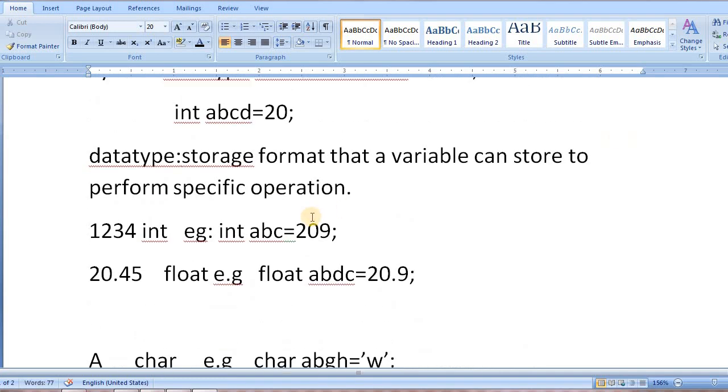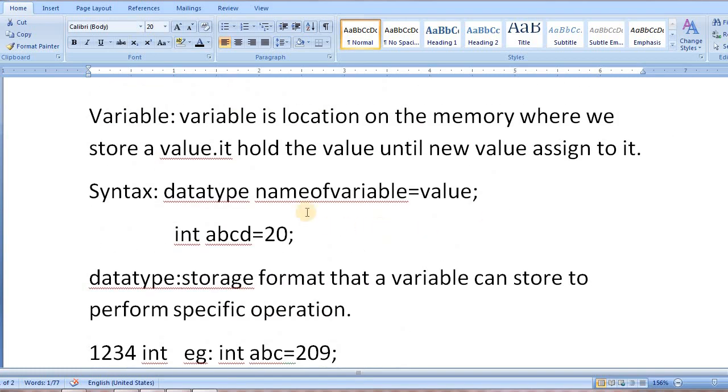Means what type of data you want to assign, what type of value you want to store, कैसी आप वैल्यू को स्टोर करना चाहते हो, अकॉर्डिंग टू दैट वी यूज द data type. Here the user wants to store the decimal value, so we use a float data type, but according to the syntax, our syntax is data type, name of the variable, equal to value.